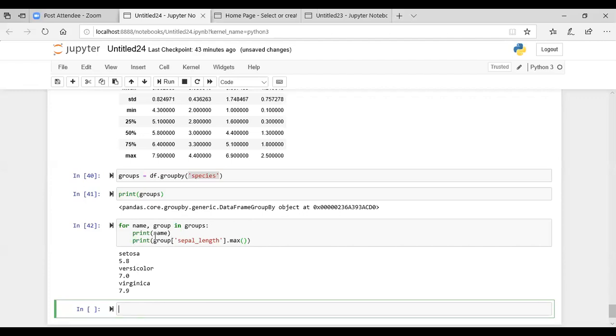So it's as good as saying: what is the maximum marks from each class, like SECOMS, ICIT, SC, EXTC. So you can say here, print the name of the student and then group based on the column, based on the class name.